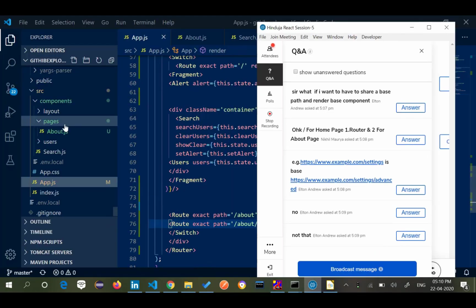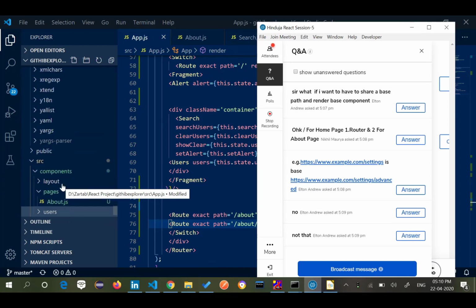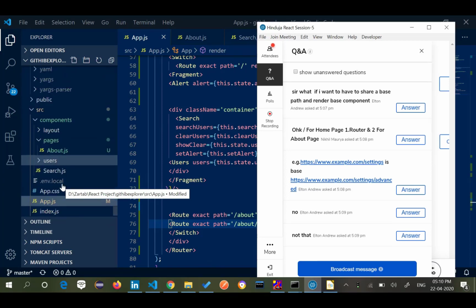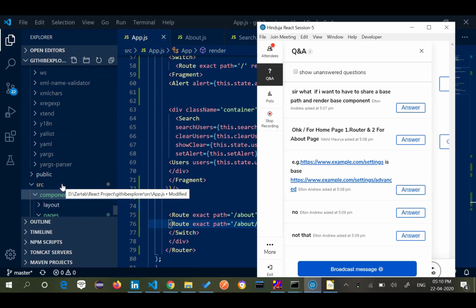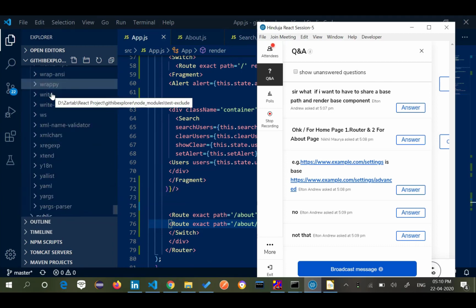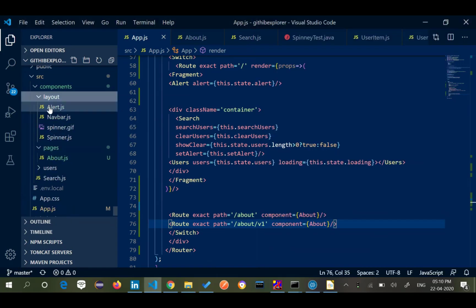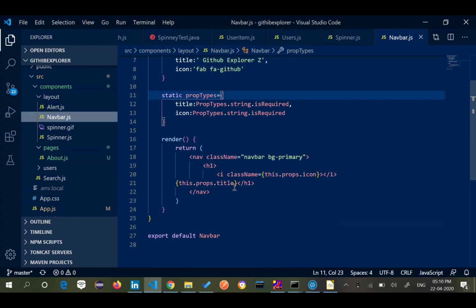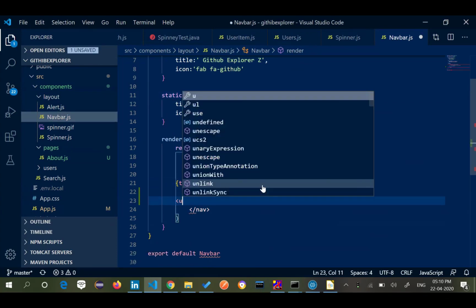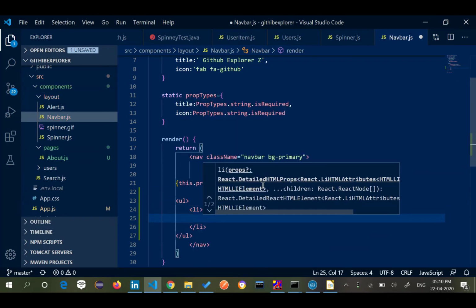So now let's go to our navigation bar and try to make a link for it. So how will we do that? Go to your navbar, app.js, layouts. In your navigation bar, I'm going to give my h1, let's say a starter UL tag, and I say UL and I say li.